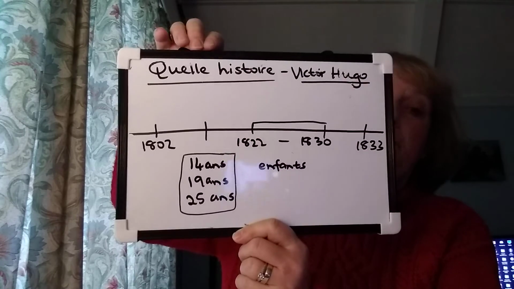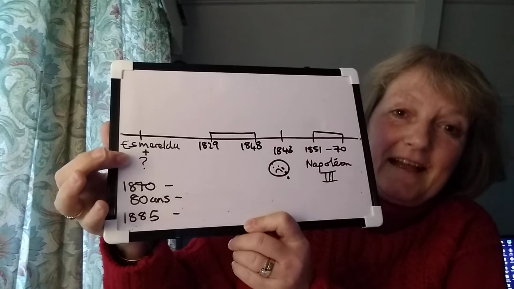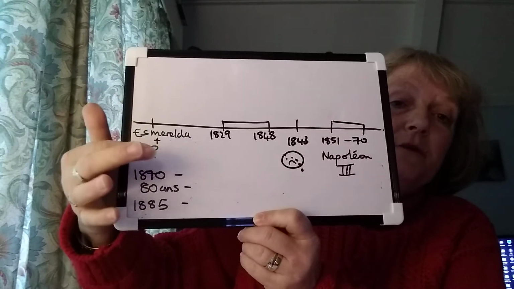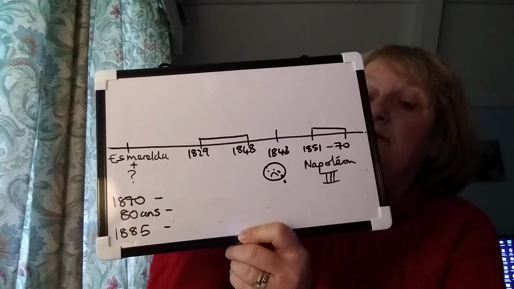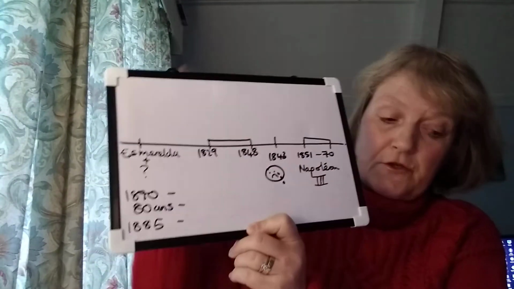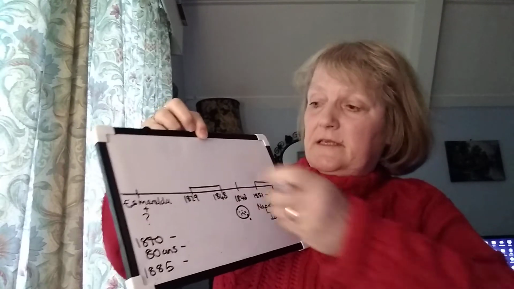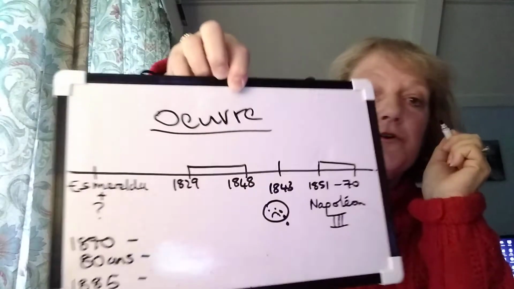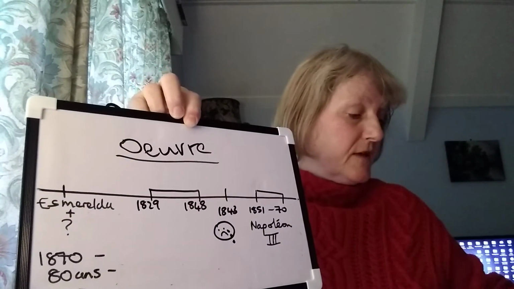You can stop the video, but I'm going to turn around. Au verso, on the back. Now, I'm sure you've all heard of Esmeralda. Why is she a significant other? Esmeralda est qui? So, ça concerne l'œuvre très célèbre qu'il a écrit. So, the œuvre, the book, the work, if I write that word for you. He wrote many œuvres, works, O-E-U-V-R-E, many works, famous works.